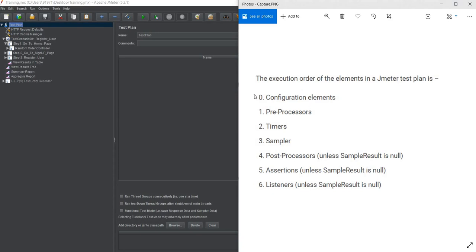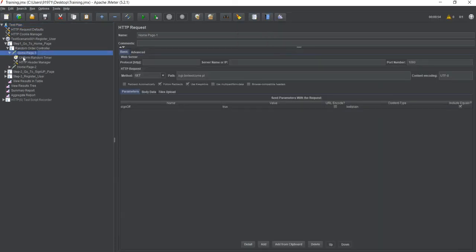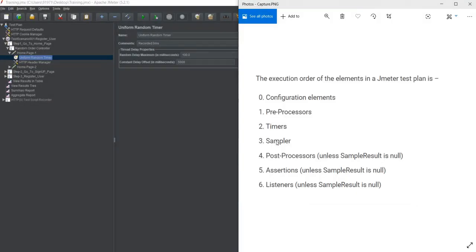These are executed first, then anything within here. If we say that this is a sampler and it has a timer, the timer is executed before the sampler, and that's why it waited for 5 seconds before running the home page sampler.